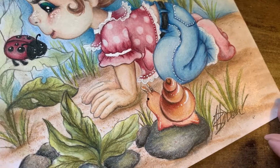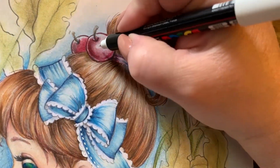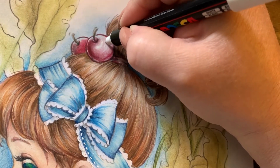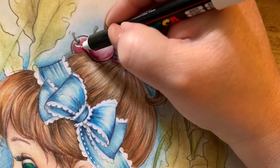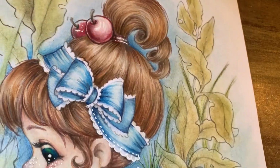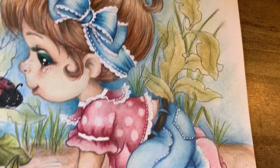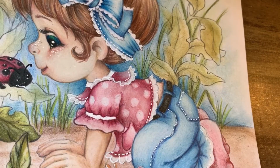And let's see if we can't dress up something else here a little bit. I don't know. Well, the cherries up here can get a little highlight also. A little pony thingy. So I'll be going around and doing that kind of stuff. Might put some grass in here too. Let's see what I got. I've got